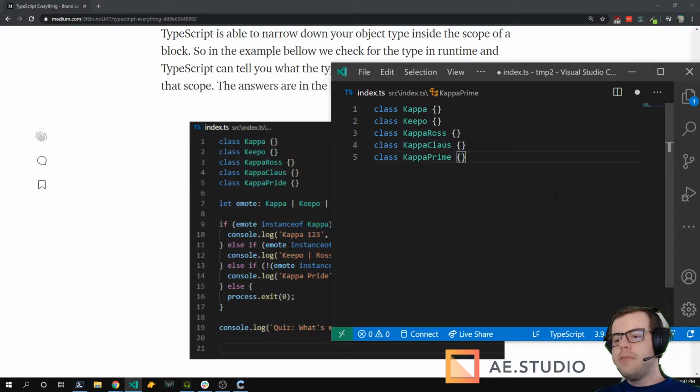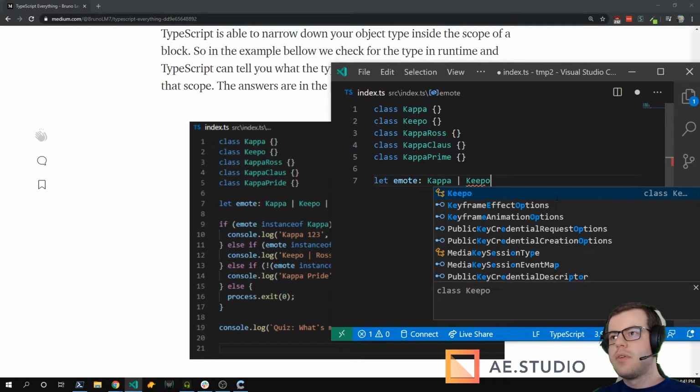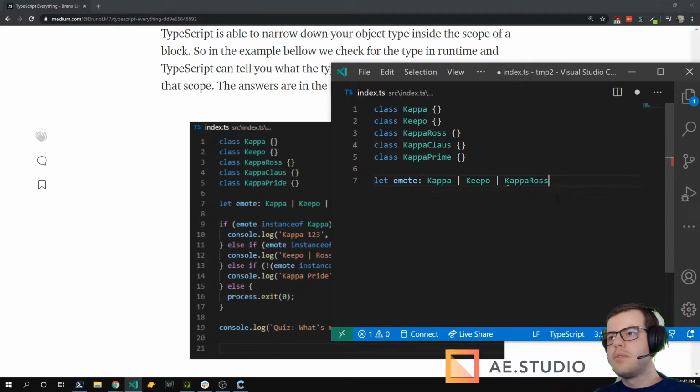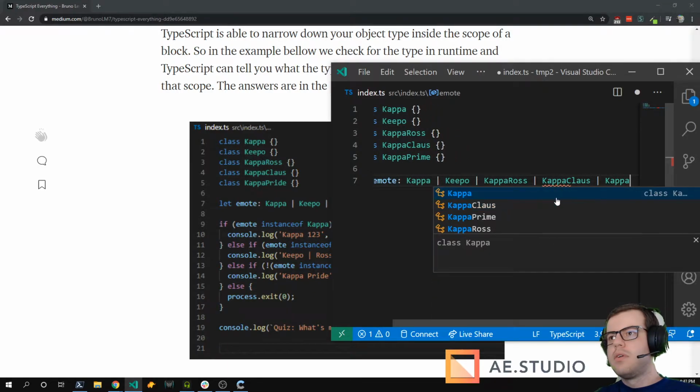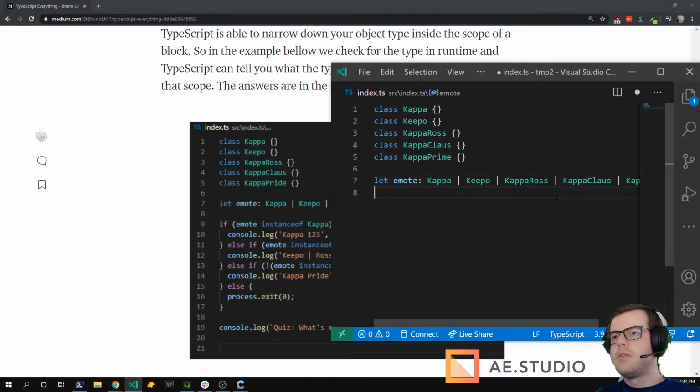So I have 5 different classes. My emote can be any of these types. Right?